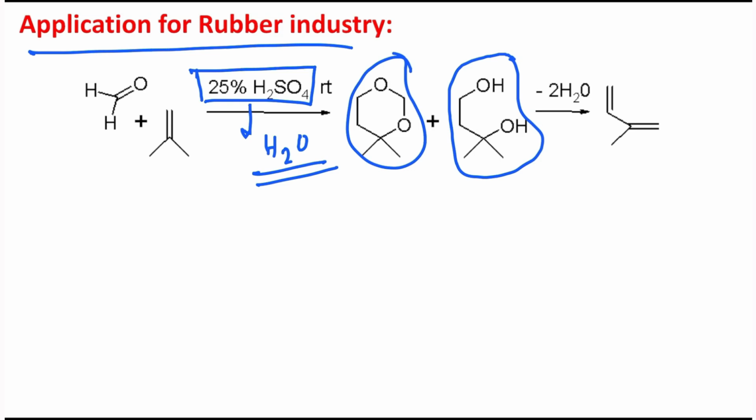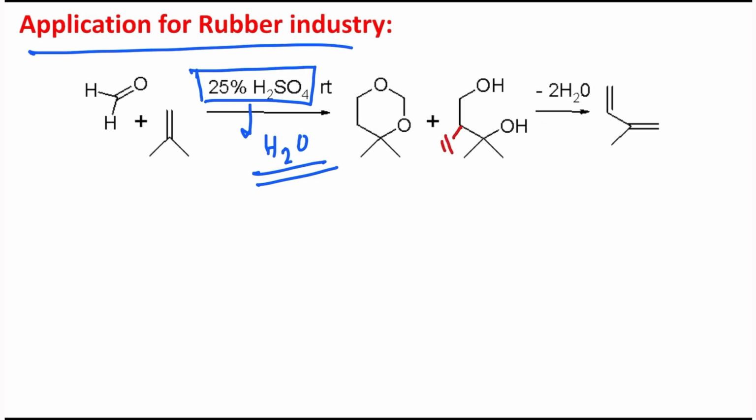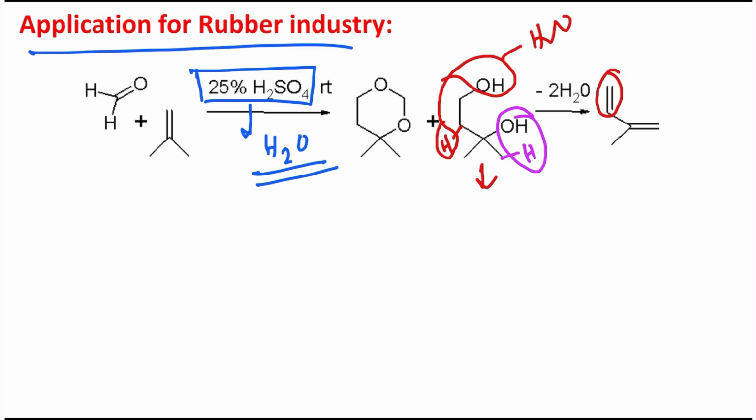So ultimately dehydration, let's look at the real example. See, this is water, this is hydrogen. So this part will eliminate as one water. So this will produce one alkene, meaning you can consider that this part is produced from this. Now let's come to the second part. Here OH and there are H. So this part will be removed and it will produce this double bond. So in this way, this is actually isoprene, this is called. So it is produced, and this is used in the rubber industry extensively.